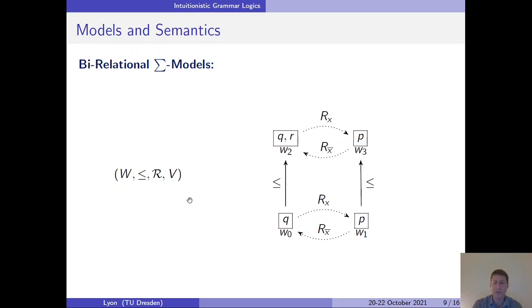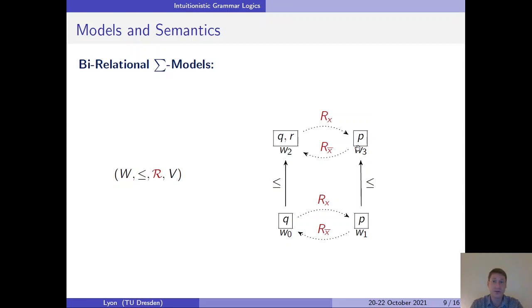These are quadruples, where the first component, W, is a non-empty set of points called worlds, so W0, W1, W2, and W3, for example. We then have a binary relation, which is defined over the set of worlds, which is a pre-order, meaning it is reflexive and transitive. I've left the reflexive arrows implicit on this diagram, but just know that they're there. We then have a family of